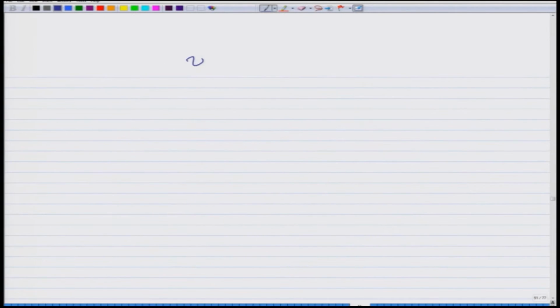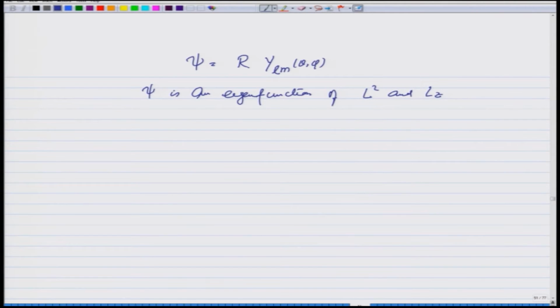So, my ψ is nothing but R(r) Y_lm(θ, φ). So, ψ is an eigenfunction of L² and Lz, as is expected, because these are conserved quantities, and in addition I get this R(r),